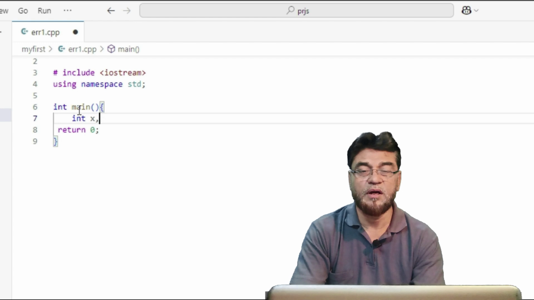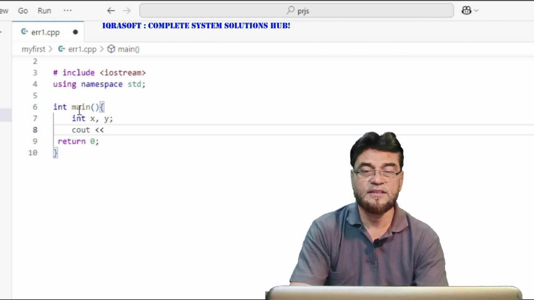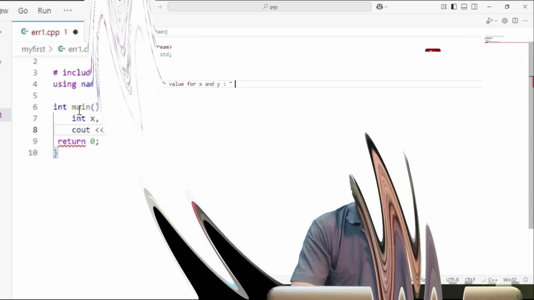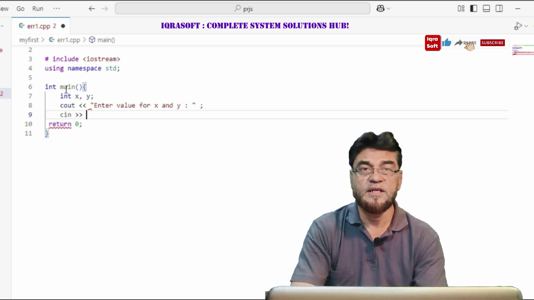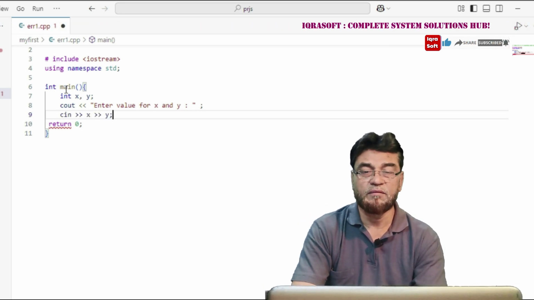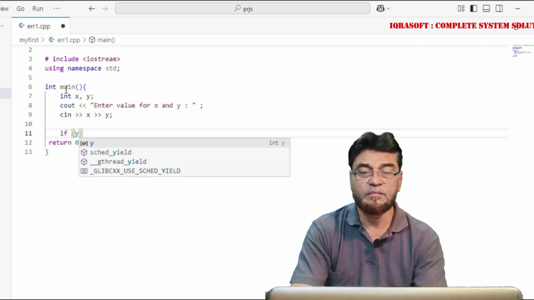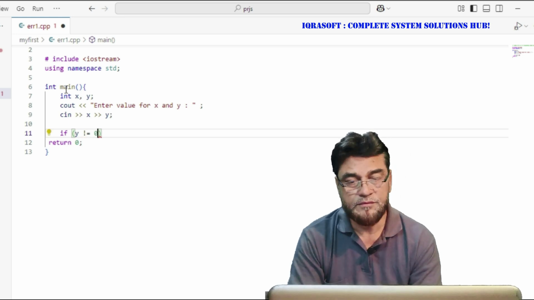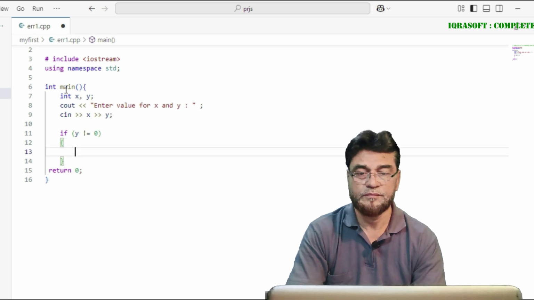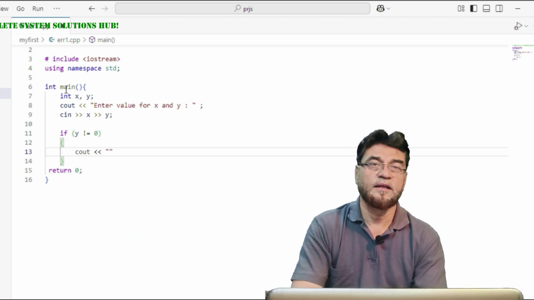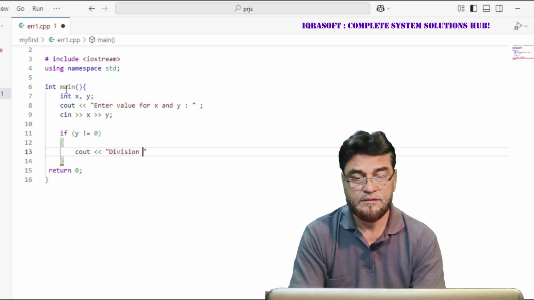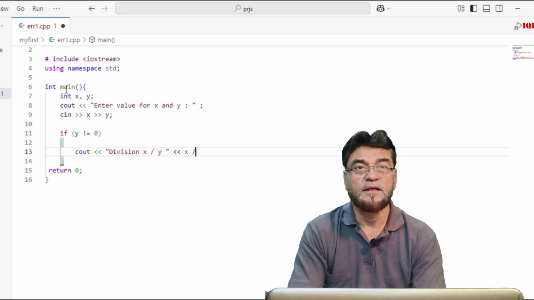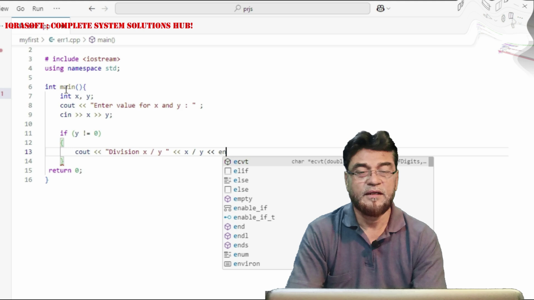int x, y; cout << "Enter value for x and y"; cin >> x >> y; if (y != 0) { cout << "Division x by y" << x / y << endl;